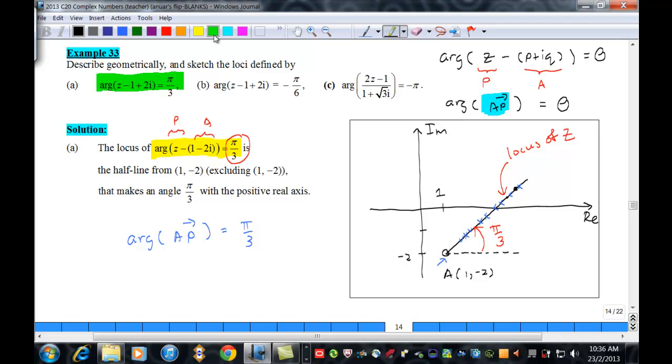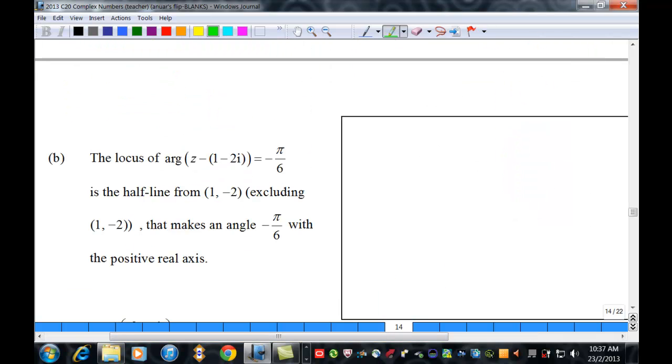Alright, let's take a look at the second example, example 33b. So the equation given is as so. Alright, so for the locus of the half line given, we need to actually write it out in the standard form. So the standard form is this, right? So we do take note that the